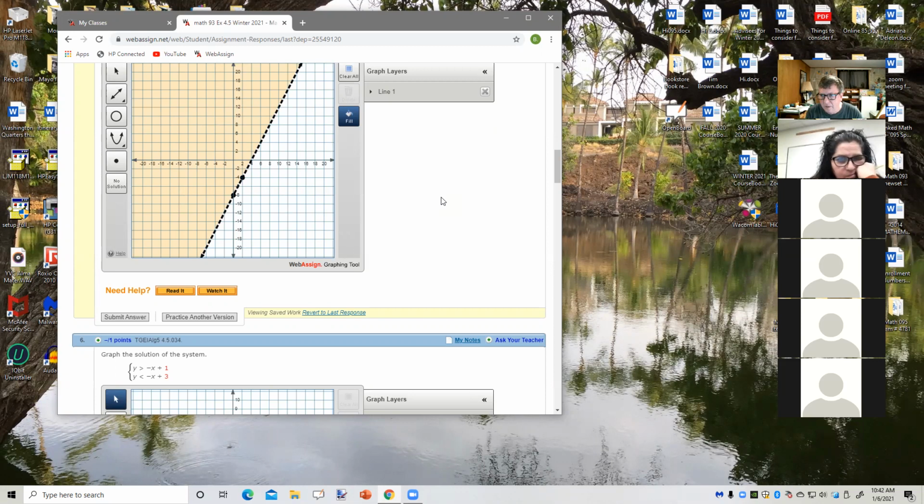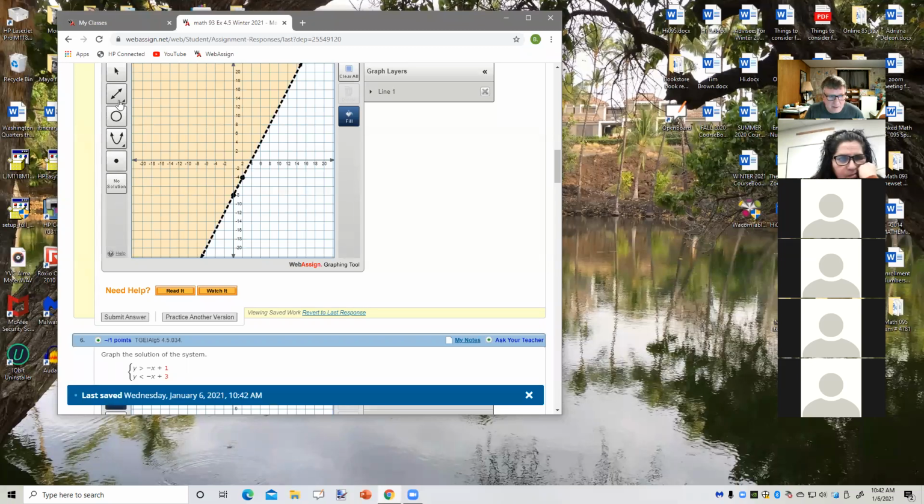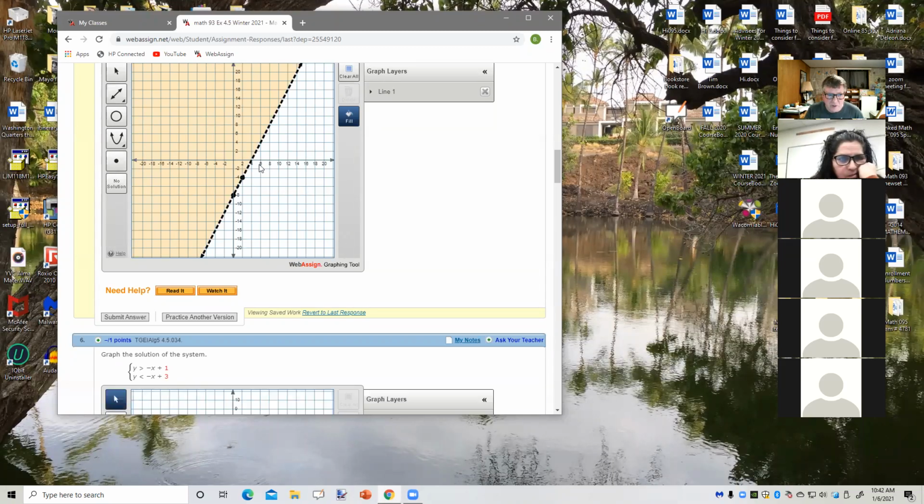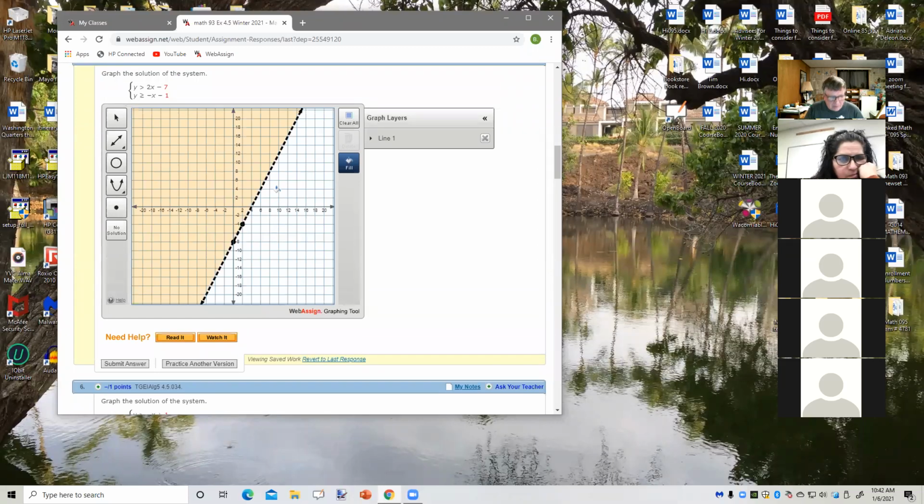Okay. Now again, I established that line not using the dot, but using this button. And notice there's only 2 points on there, but when you do it this way, the WebAssign says, oh, okay, this establishes the line, but those points aren't really there again. Okay, now the second line